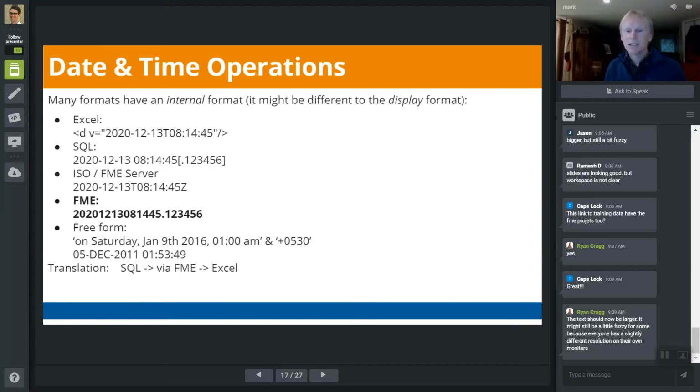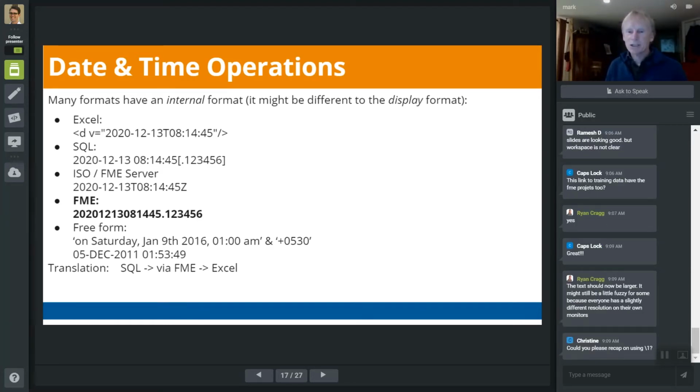All right, so date time operations. Let's leave regular expressions behind us for now, although they can be useful in date time kind of problems. You can see a very free-form date time down here, so you might want to use a regular expression to extract what day of the week it is. So you could practice that, and or extract the month in letters there, and anybody that solves that problem before we go home can get the privilege of